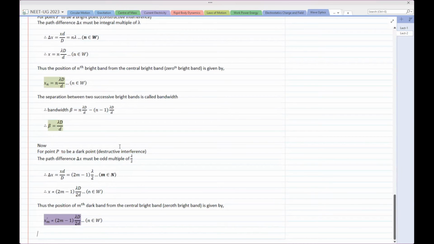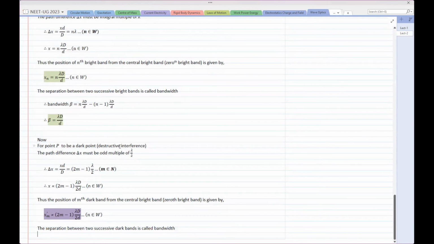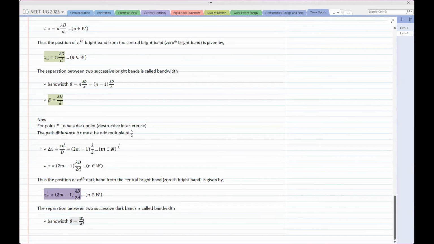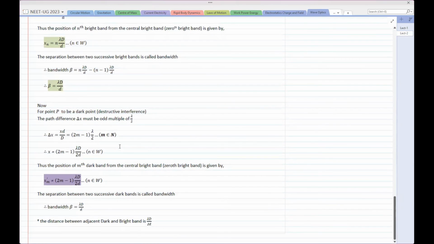इसलिए मैंने m से start किया, which is a whole number. So x_m dash is equal to (2m minus 1) lambda D by 2d. Again, the separation between two successive dark bands is also called bandwidth. And hence, if you try and calculate this, bandwidth remains the same. It is lambda D upon d. So now, if you try to find out what is the distance between one dark band and the adjacent bright band, then it is lambda D upon